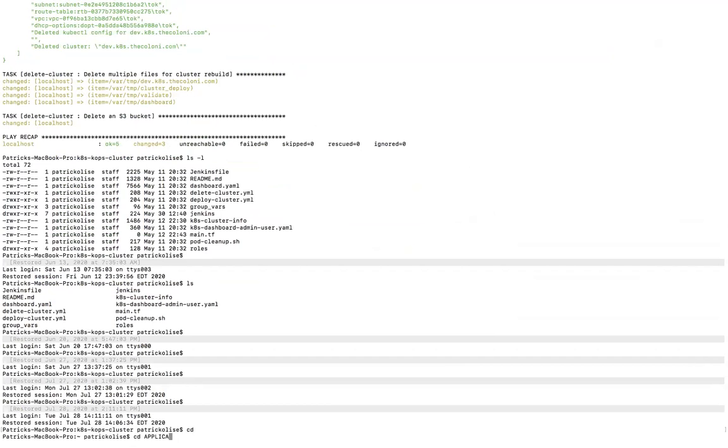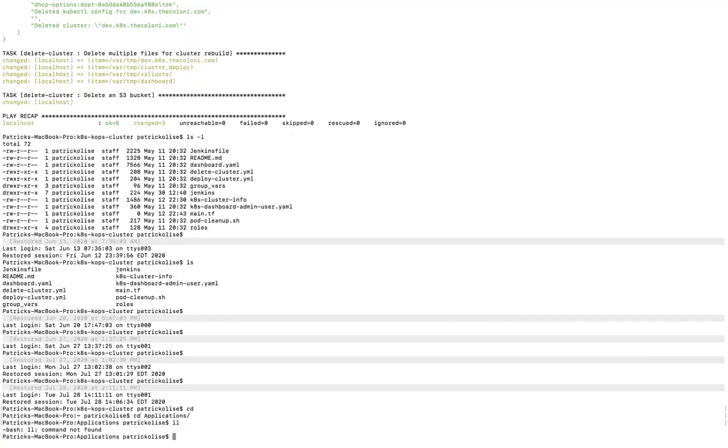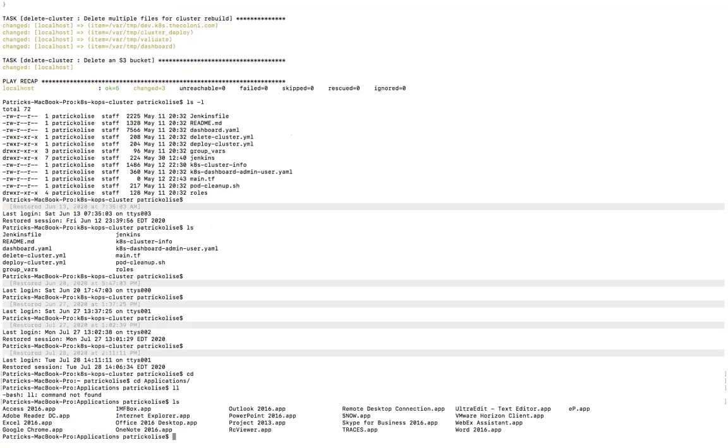Nope, delete. Press tab. Something should come up. There we go. All right, enter. All right, LL, let's see what's in here. Oh, LS, I guess you have LL. All right, so